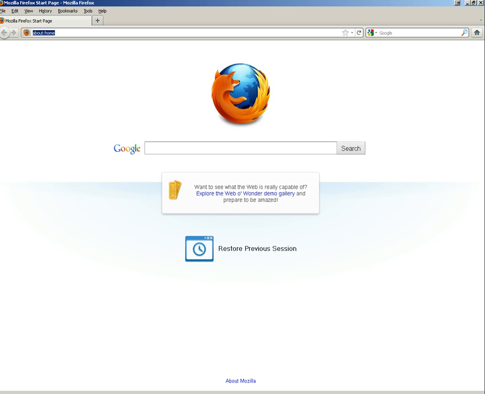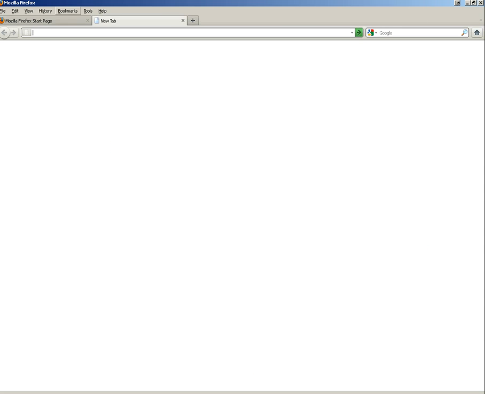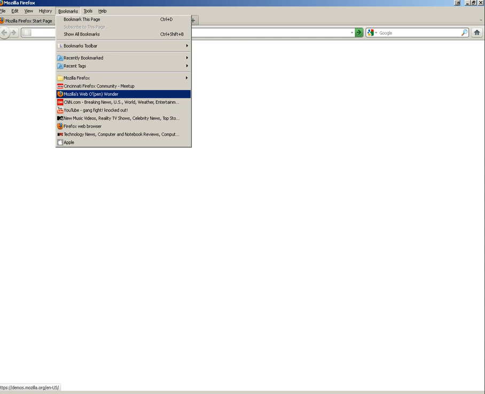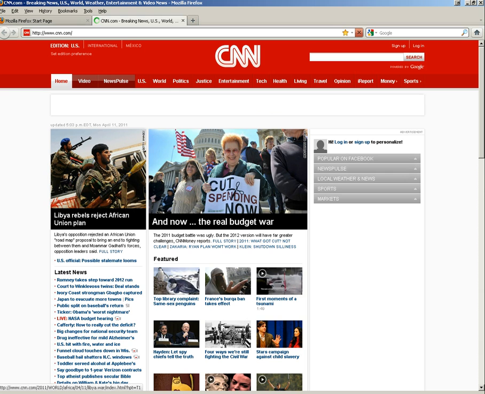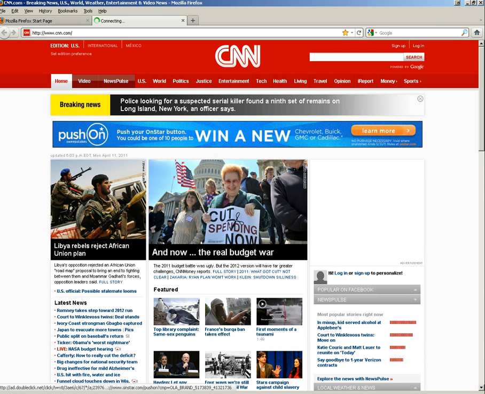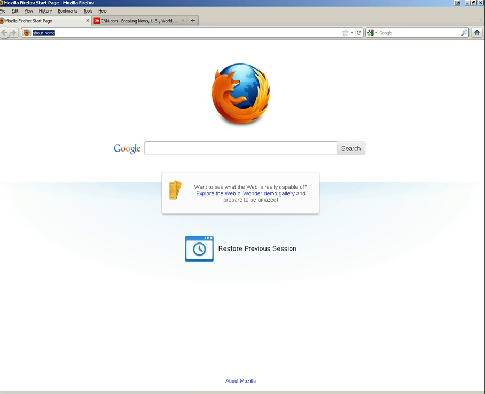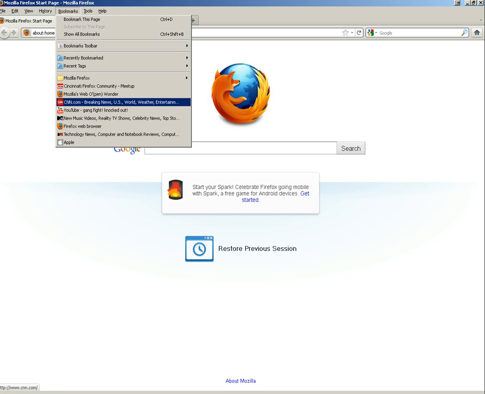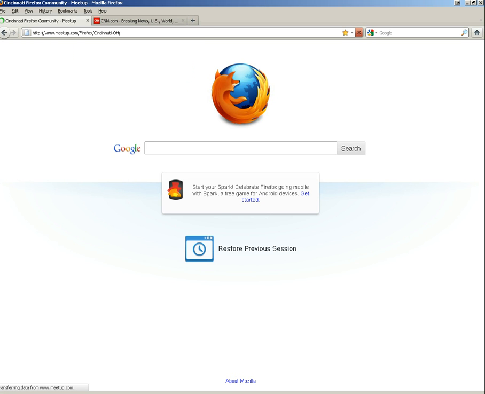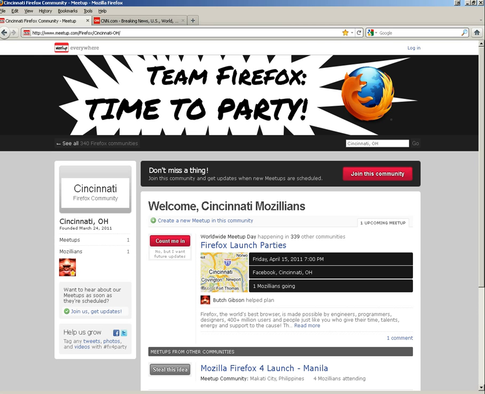Same as before, if you'd like to open up a new tab, hit the plus bar and we can go up to our favorites here and open up, let's say, CNN. A nice new feature that they've added here is the ability to add this as a tab. Let's see, what is it called? It's actually an app tab. So that normally you have regular tabs here, like you'll see. And as a matter of fact, let's go to our Cincinnati Firefox community meetup page, which is